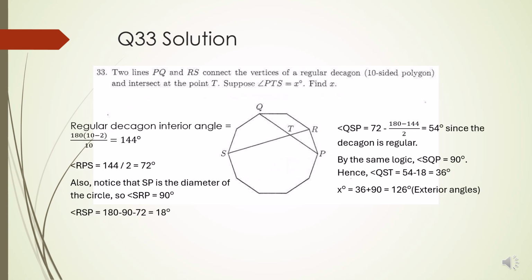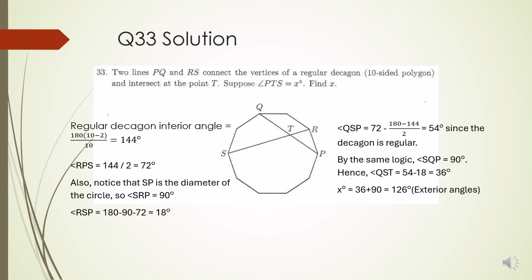Okay, so this is how the question is going to be solved. The question mentions the use of a regular decagon, which is a 10-sided polygon. If you have the formula, you can find out that the interior angle in a regular decagon is actually 144 degrees, and half of that is just 72 degrees. We can also notice that this decagon can fit inside a circle, and there are many properties of a circle that we can use, such as